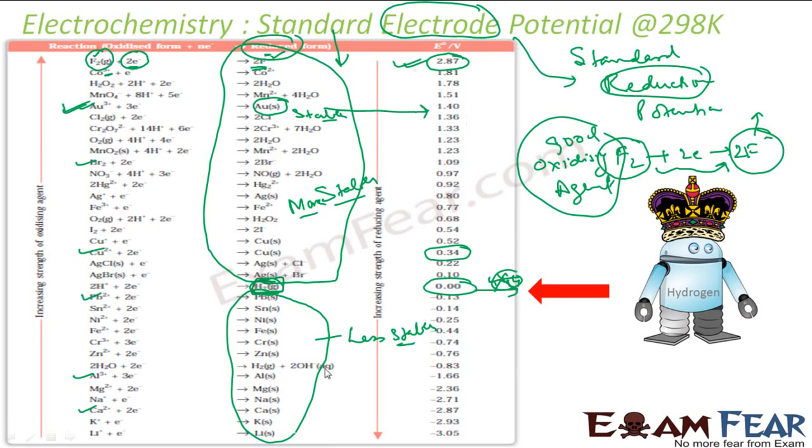Right? Same thing if you see, lithium has the lowest electrode potential, minus 3.0. That means this is not even favorable. Li plus is more stable. Correct? Now if we talk about this, fluorine was a very strong oxidizing agent, as you've seen, because fluorine wants to become F minus. So that means if you go up, the oxidizing capacity increases. Fluorine is a very good oxidizing agent. Here also, if you go down, the reducing agent capacity increases,